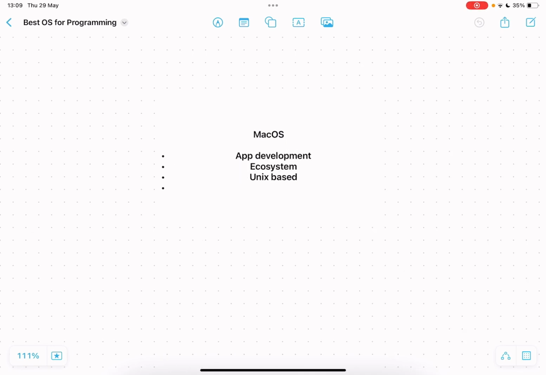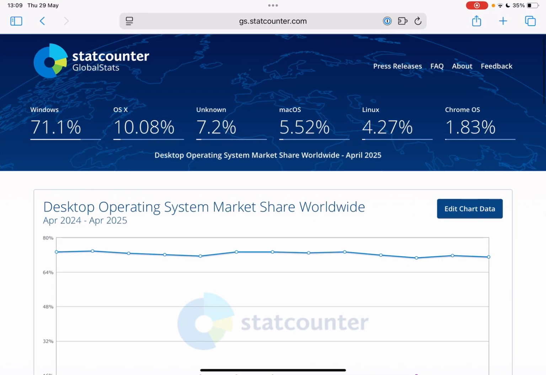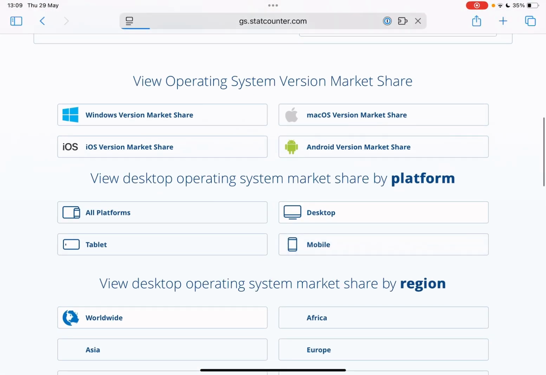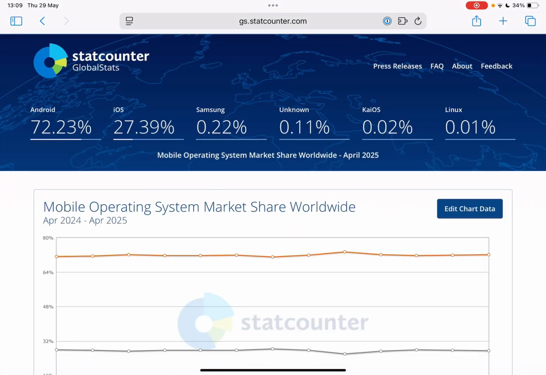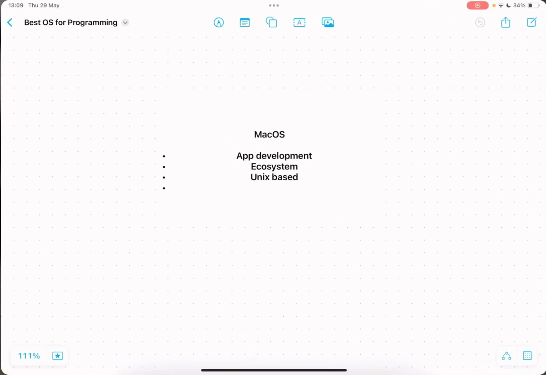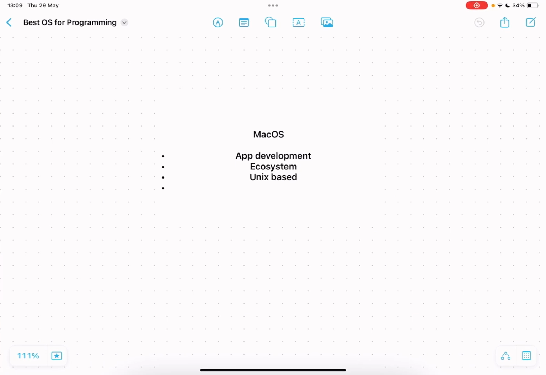Next, we're going to talk about macOS, and macOS is amazing for app development. As we previously saw, macOS has about 15% of the desktop market share, and when it comes to stuff like mobile, it's got about 27% of the market share. However, the thing about macOS is that in order for you to make iOS applications, you essentially need a Mac, and the reason for that is Xcode.